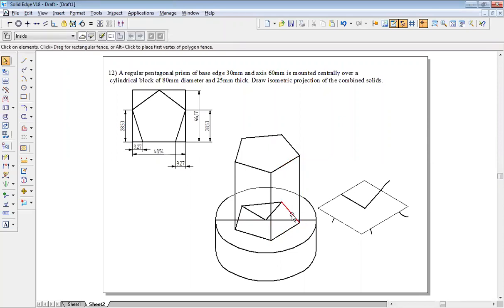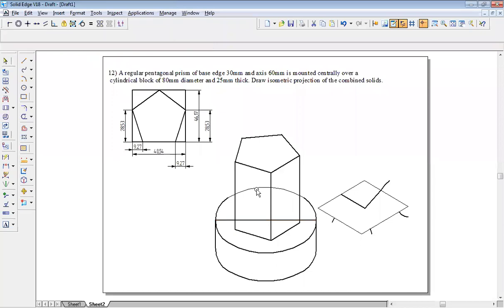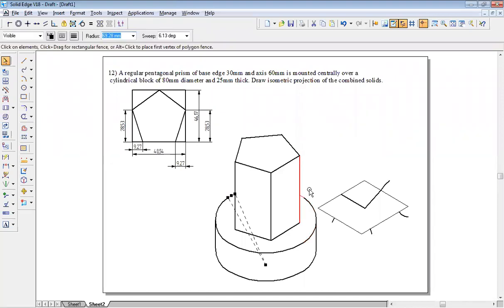Delete all innermost lines. Trim this one and this one. That's all. So this is how you get your problem.